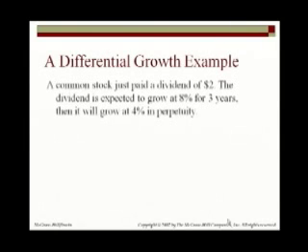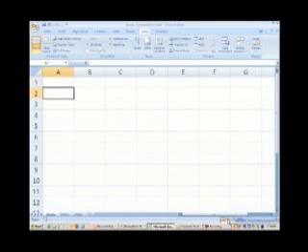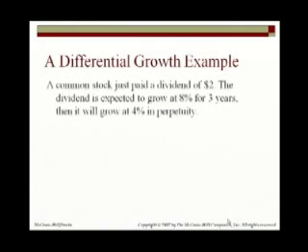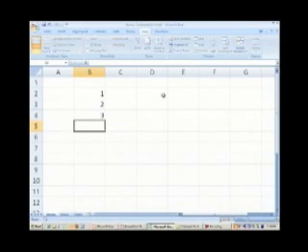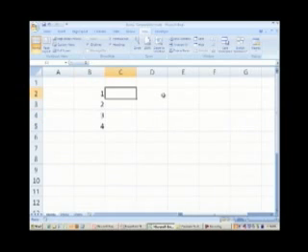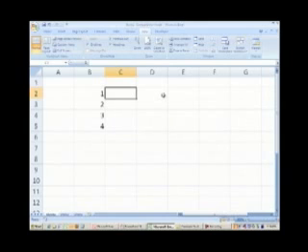Now, typically what I do is I go to the spreadsheet first, so let me do that. For this particular problem, you'll notice that the growth rate is 8% for 3 years, and then it levels off to 4%. So all we need here is 4 years. So I'm going to make 1, 2, 3, and 4. Now, first thing we'll do is put the cash flows in, the dividends for the first 4 years. So the dividend at time 0 is $2, and then it's going to grow at 8%. So we'll take 2 times